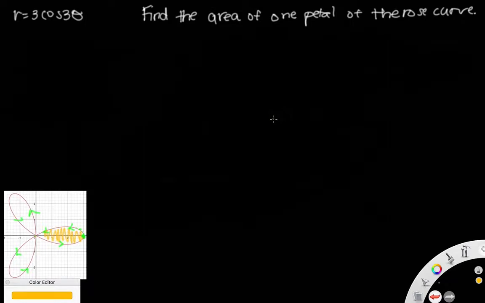Now before you really do any calculations, a really good idea is to either sketch or use your graphing calculator to graph the curve that you're finding an area of. And this is so helpful really because a lot of these polar regions are quite unique. They're either rose curves or cardioids, but they're not your usual graphs that we're kind of used to. They're quite different. And when you're finding the area of parts of these curves and you might not necessarily always know what they look like, it's really good to sketch it out to see what it looks like,